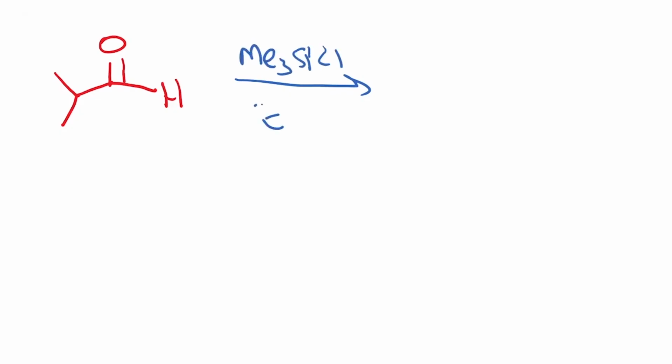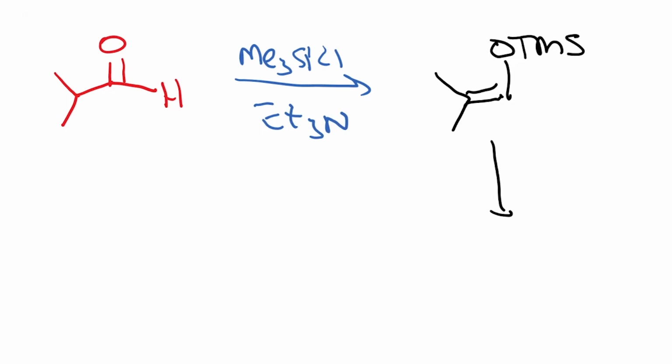So for example, if I start with this aldehyde and I want to generate the enolate from this, then what I do is first produce the specific enol equivalent, and keep in mind we can't use LDA, so we would use Me3SiCl in the presence of triethylamine, and the product that is formed is OTMS. Now we can then go ahead and react it with the aldehyde of choice, which is basically this,